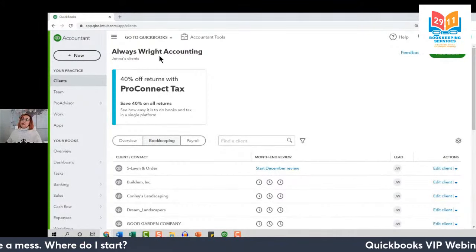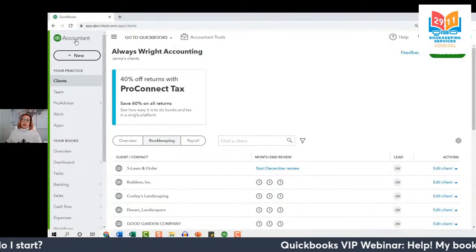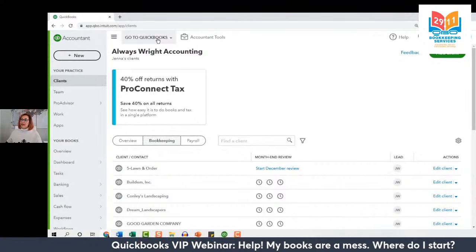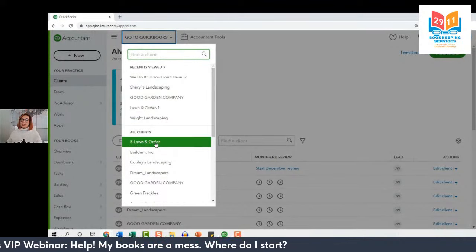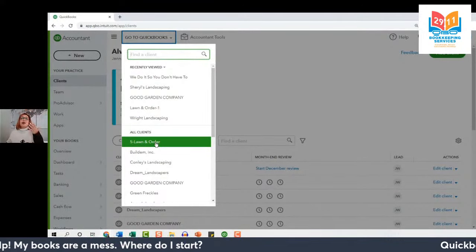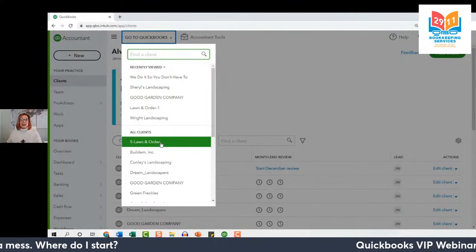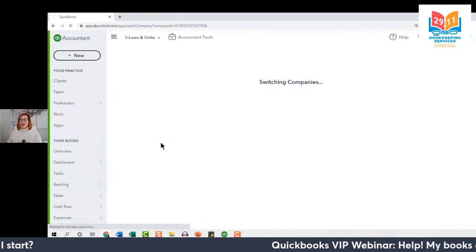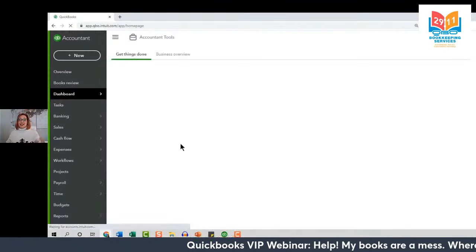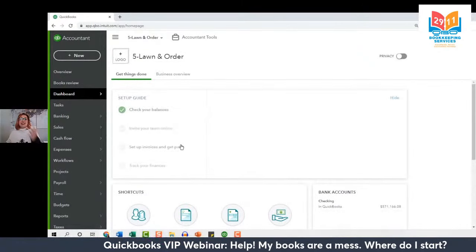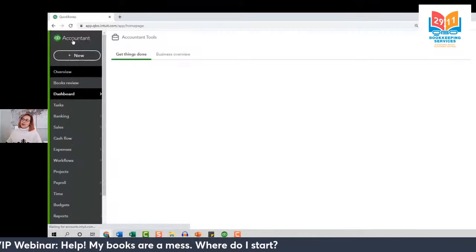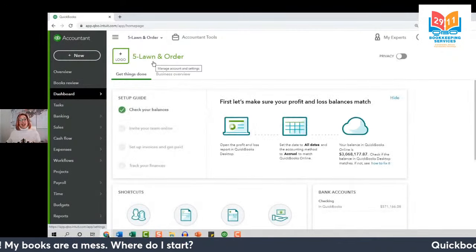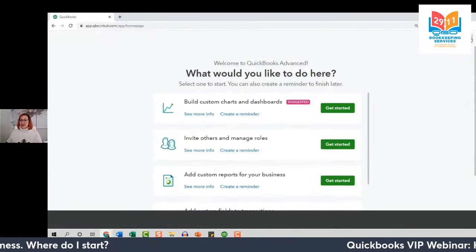What we'll want to do once we're signed into QuickBooks Online Accountant, you can see that up in the top left corner. It tells you Accountant right there. You'll select Go to QuickBooks and then select your client, which is your company that just invited you. You should see your company name in this list. And once you do, QuickBooks is going to sign into that company, but with these special accountant tools. You can see it still tells us we're in QuickBooks Accountant, but we are now in our own company file.